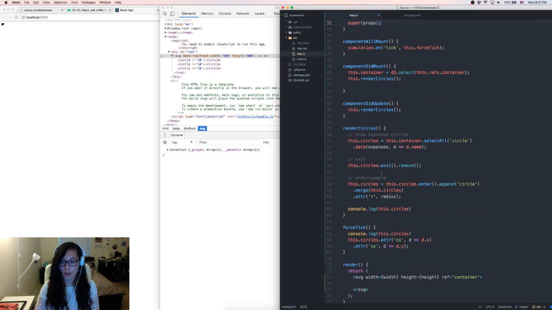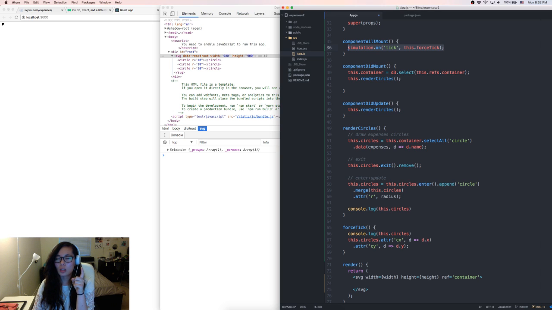So the reason why this was giving me an error is because this in this.circles wasn't referring to the React component itself, but probably either window, because this.forceTick is being called on every iteration of the simulation,